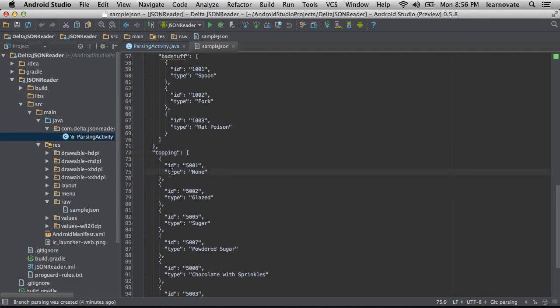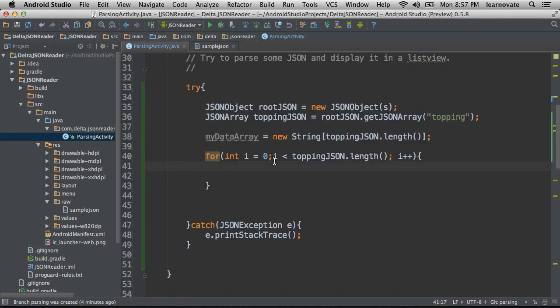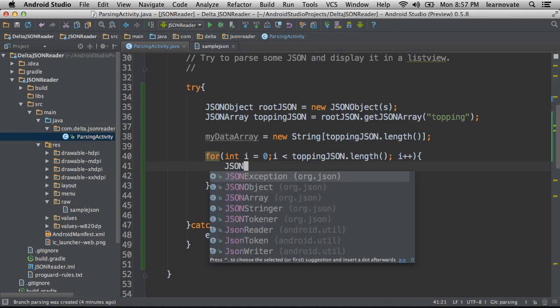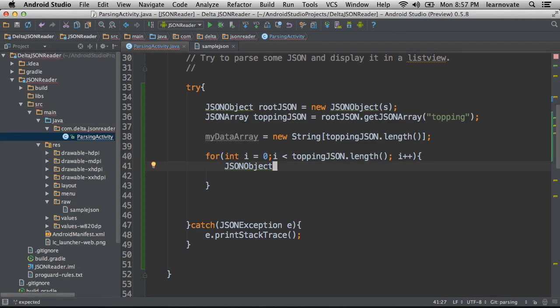And right here we have line 72, where topping is the key, and the value is in brackets, and the brackets stand for an array in this case. So we got that as a topping JSON. And what I was looking for there is, okay, it's an array of what? It's an array of objects. Objects denoted with the braces.